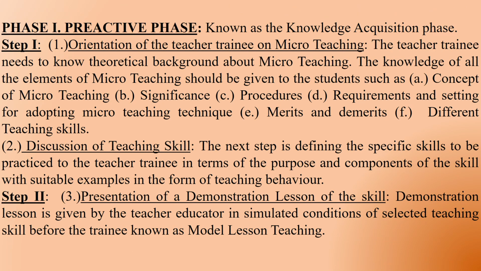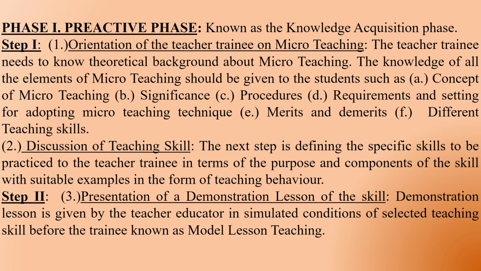Phase 1, which is also known as knowledge acquisition phase, involves the following major activities, such as the orientation of teacher training on micro teaching. The teacher trainee needs to know theoretical background about micro teaching by having free and fair discussion of the important aspects. The knowledge of all the elements of micro teaching should be given to the students through discussion, illustration, and demonstration by the experts, such as concept of teaching, significance of teaching, the procedures of teaching, requirements and setting for adopting micro teaching techniques, its merits and demerits, the different teaching skills, and the demonstration of a skill is provided